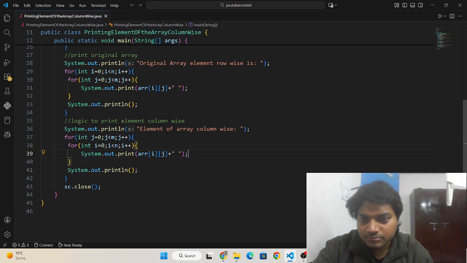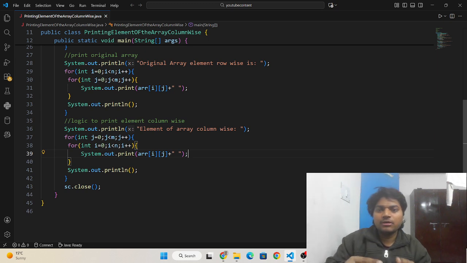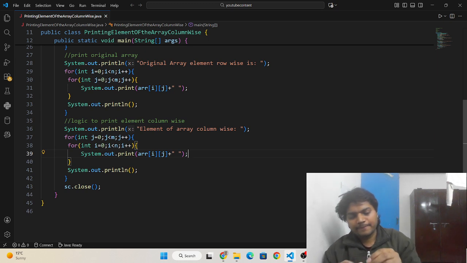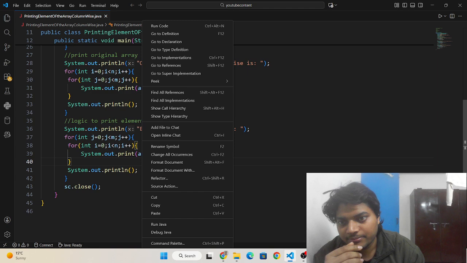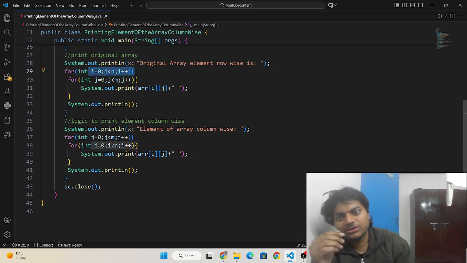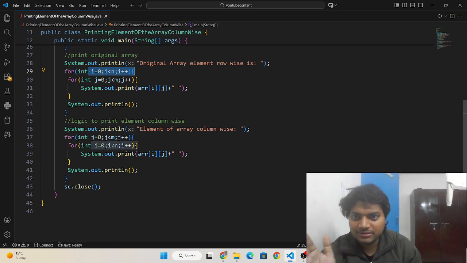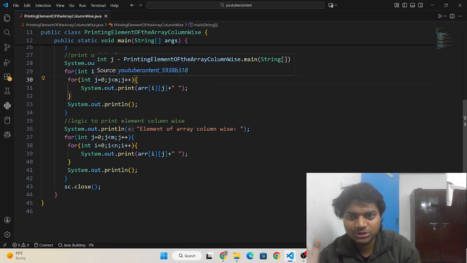Okay, so we just need to replace the positions of i and j and m and n. In general, to print the original array elements row wise, we traverse with i going from 0 to n.